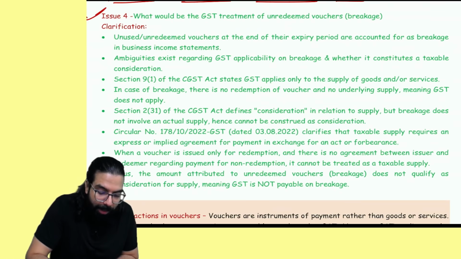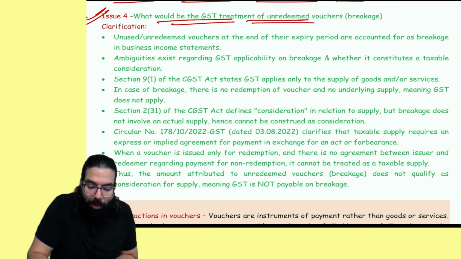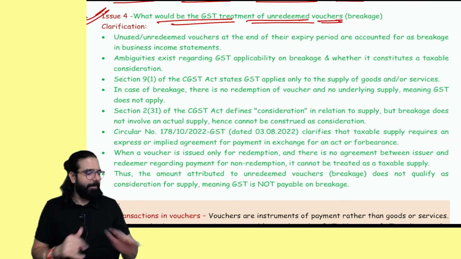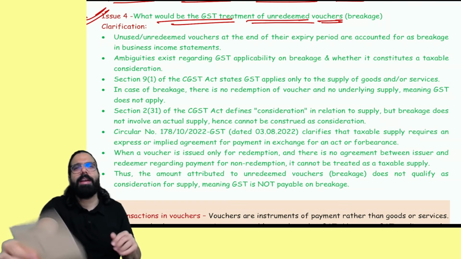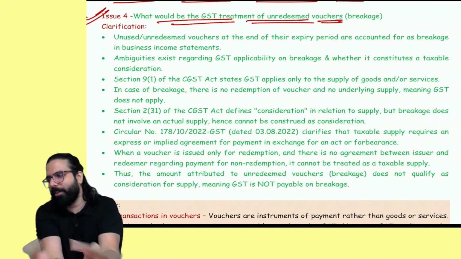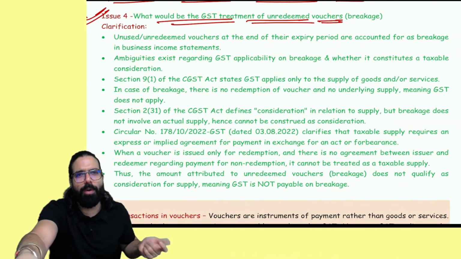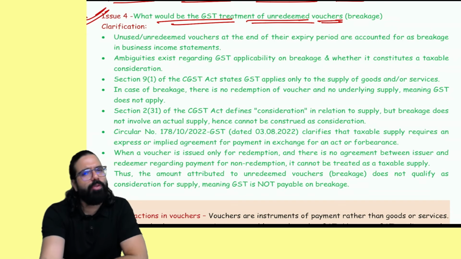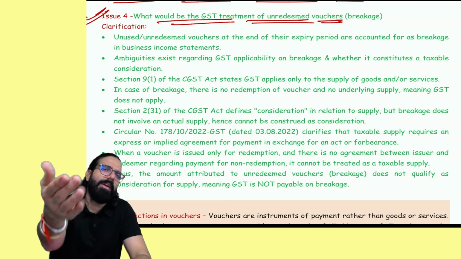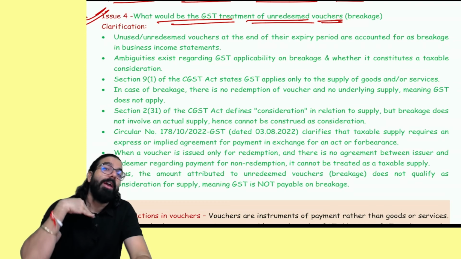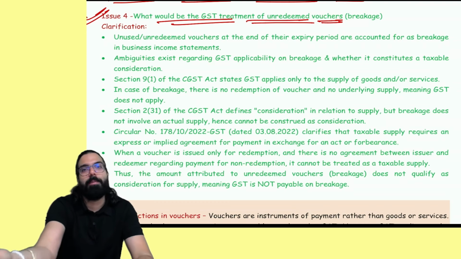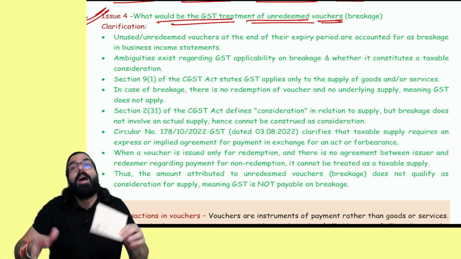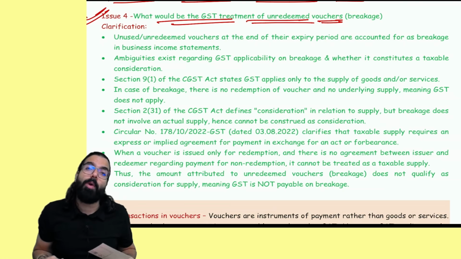The next one, sir, what would be the GST treatment on unredeemed vouchers? Now you tell me one thing. This voucher which I issued, on voucher issuance there is no GST. Sir, I issued a voucher. On the voucher, there is no GST. Now when I issued a voucher, there is no GST. Now you never redeemed it. It means you never came and bought any goods and services from me. When I never supplied you any goods and services, there will be no GST. It means for the vouchers which are unredeemed, am I required to pay GST?